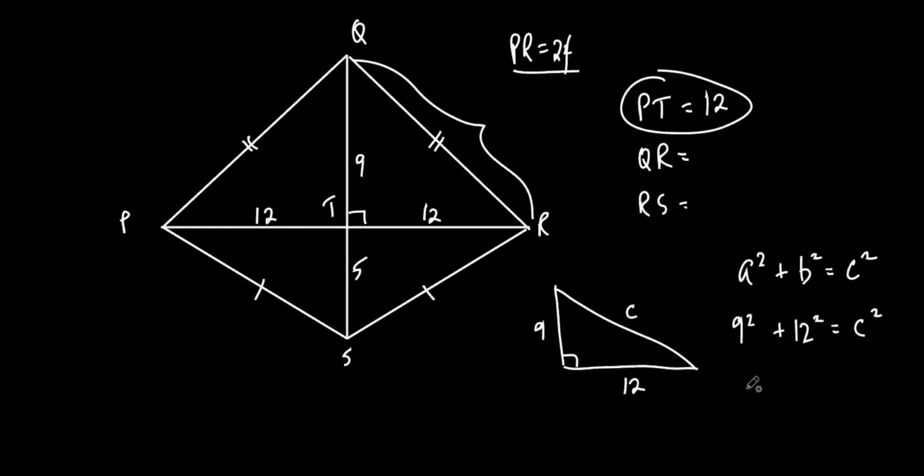Let's do this. What's 9 squared? 9 times 9, 81. What's 12 squared? 144. And that equals C squared. Let's just do it over here. 144 and 81. That's a 5. That's what? 22. 225. 225 equals C squared. I don't know if you remember this, but in order to get rid of a square,